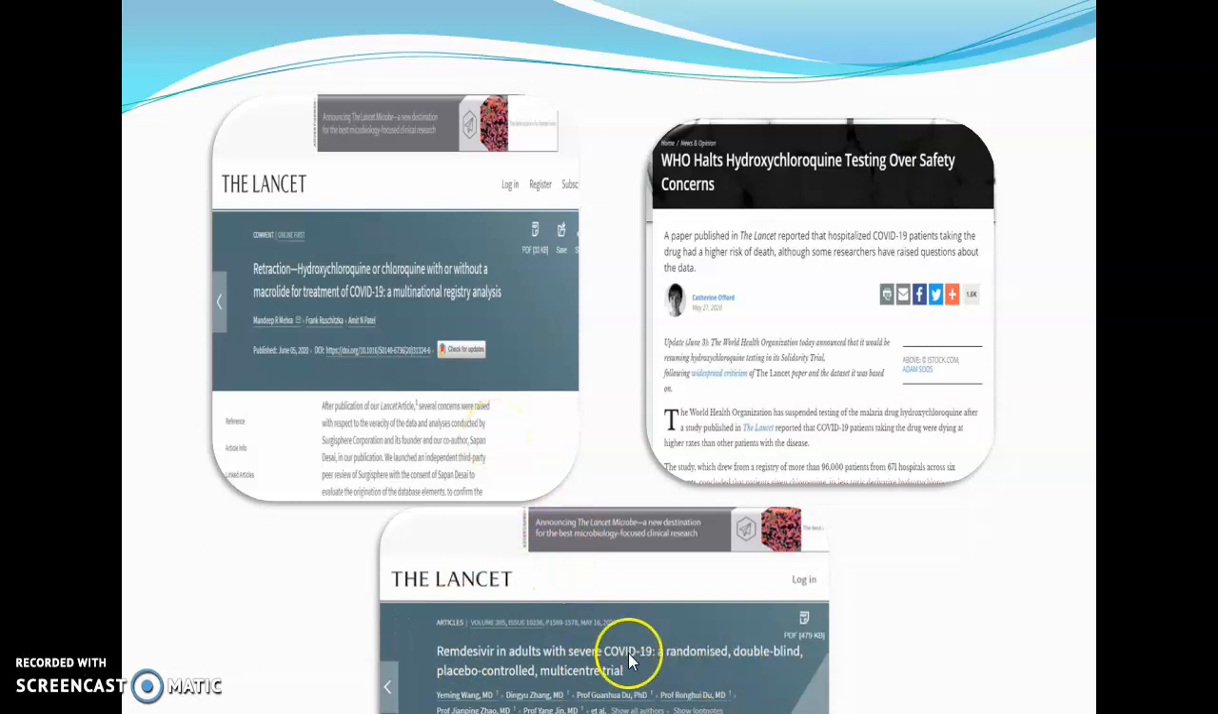If you see, this is a recent paper on remdesivir. Just go through this paper and go through the results. You will find that the author has concluded that remdesivir, which they have tested, they have found the results but not significant. And further, the testing of these drugs in a large number of populations or a large number of subjects is required